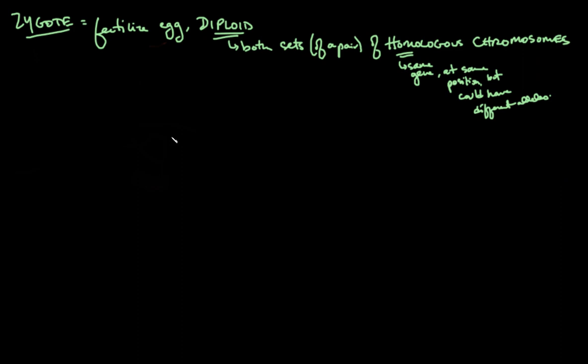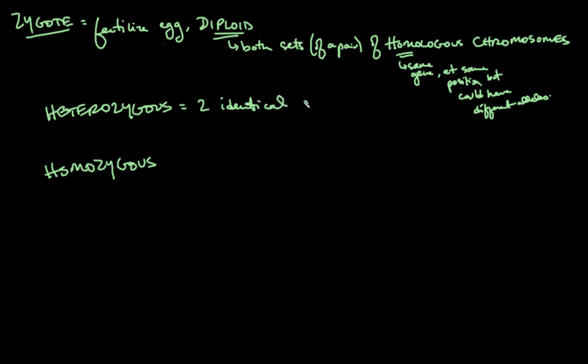And so if we have different versions of each gene, we have a term that we use called heterozygous, which I think you've heard of before. Heterozygous, right? And homozygous means that they're the same. So homozygous means that we have two identical alleles for a certain gene, and heterozygous means it's two different, and homozygous means two of the same alleles. Okay,